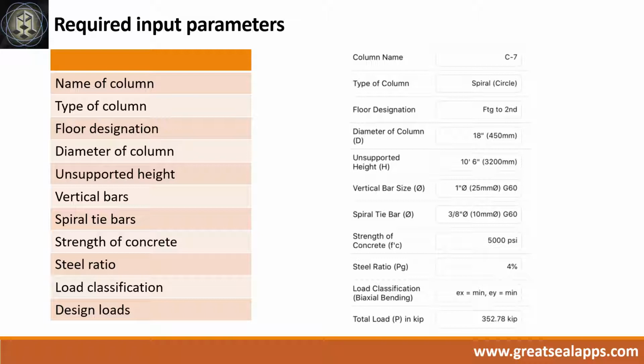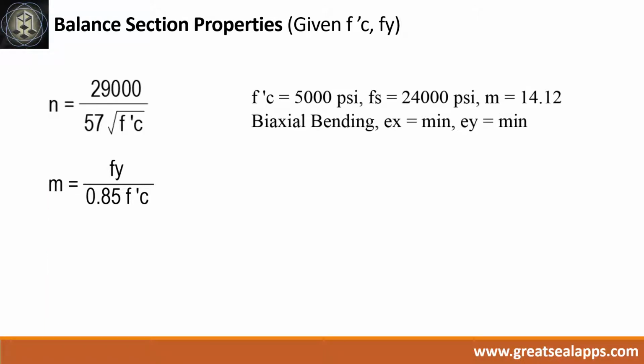feet 6 inches, vertical bars 1 inch diameter at grade 60, spiral tie bar 3/8 inch diameter at grade 60, strength of concrete 5000 psi, steel ratio 4%, biaxial bending with minimum eccentricities, and total load of 352.78 kips. Given Fc prime equals 5000 psi, Fs equals 24,000 psi, Fy equals 60,000 psi, the balance section properties are as